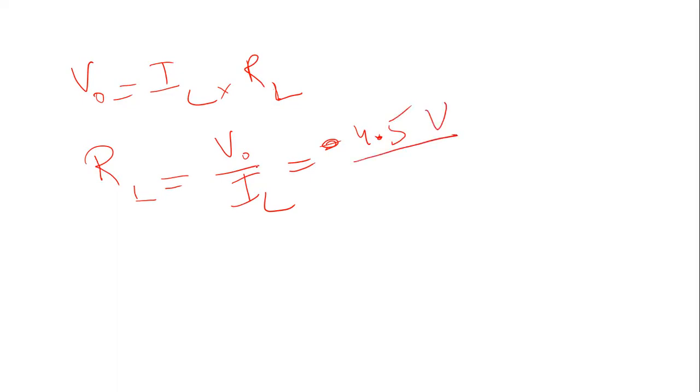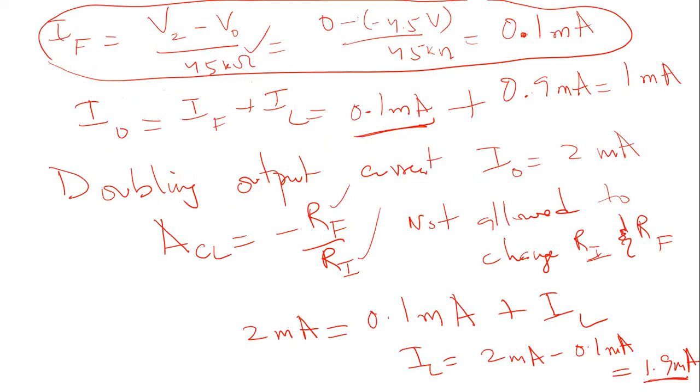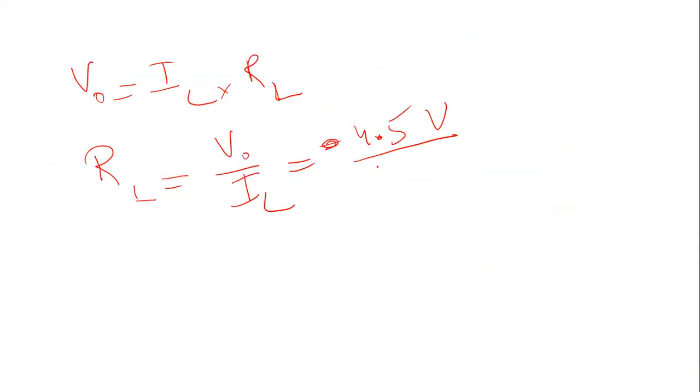The desired value of IL has to be 1.9 milliampere. So if you divide 4.5 by 1.9, this is going to be 2.368. Milli means 10 to the power